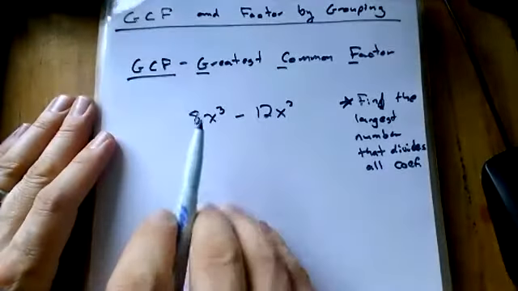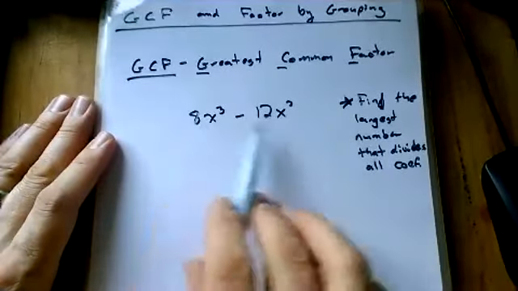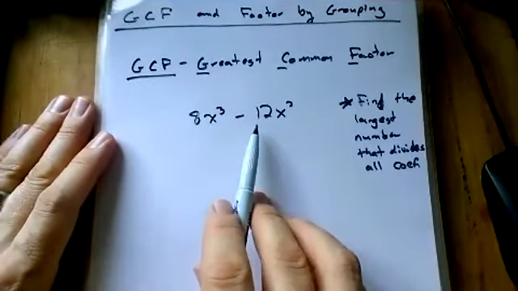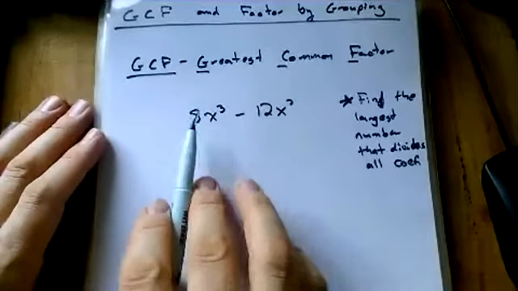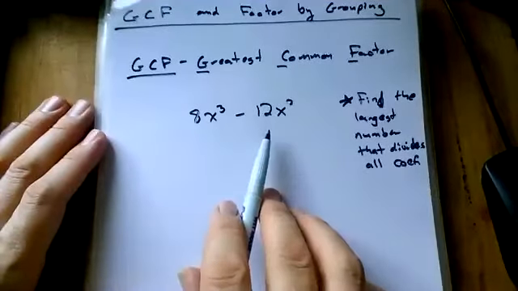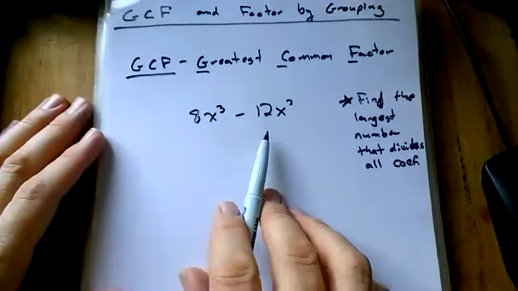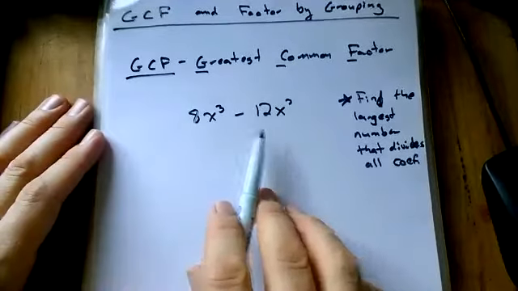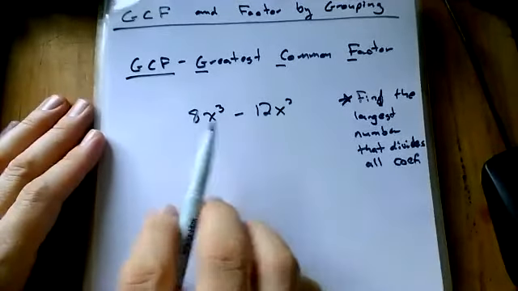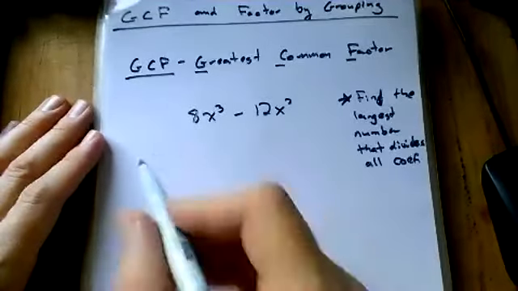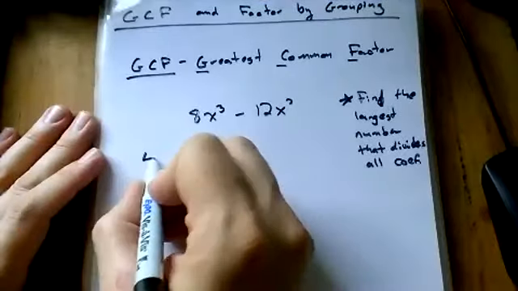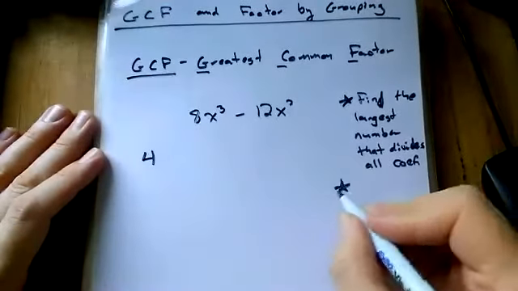So between 8 and 12, I could see that I could divide both of these by 2, but I also see that 4 would go into both of them. 4 is the biggest one. So 2 would be a common factor, 4 is the greatest. So I'm going to factor out a 4. Then we're going to